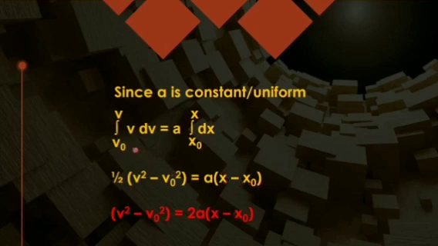The limit for x is x minus x naught, and here the upper limit is v, so v square minus v naught square, because the integral of v dv is v square by 2. So the 1 by 2 I have written outside, and inside, while putting the values of the upper limit and lower limit, I am taking v square minus v naught square. So you get v square minus v naught square equals 2a into x minus x naught, and this is the result for the third equation of motion.